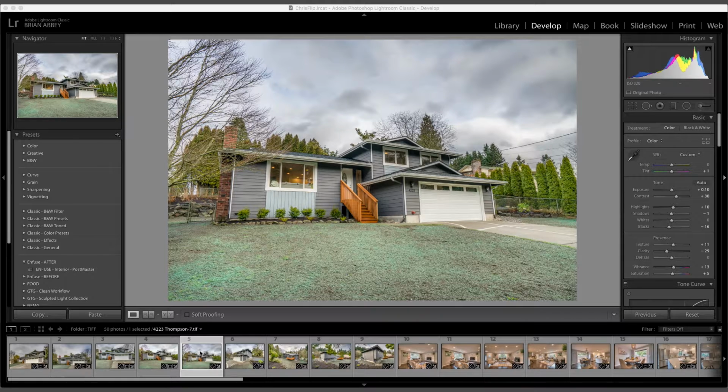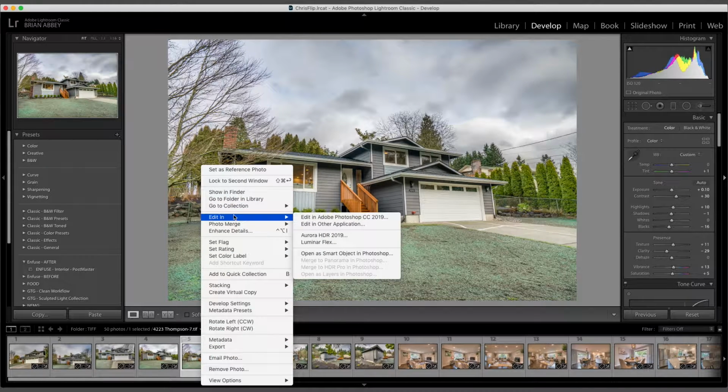You can do this round trip from Lightroom. I'm going to do this with this particular photo. If you look up to the left here, you can see there's a whole bunch of little wispy tree branches. That tends to be problematic for people that try to use some of the old school tools like the wand selector in Photoshop. So I'm going to go ahead and right click this,